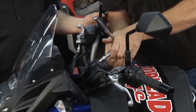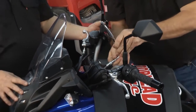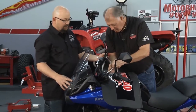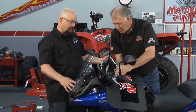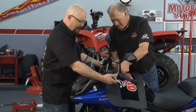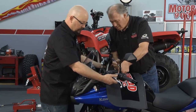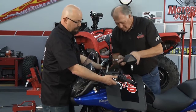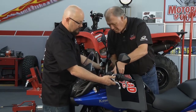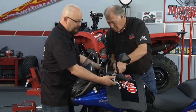One of the important things to putting handlebar risers on or changing the position is to make sure that you have the proper cable lengths, slack in your throttle cable and your brake cables. What happens is if you're not paying attention and you raise your handlebars or reposition them, the throttle cable can go tight, and when you turn the handlebars, it'll actually pull on the throttle cable itself and raise the RPM